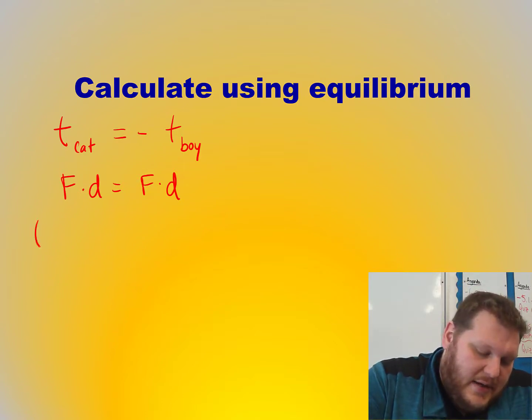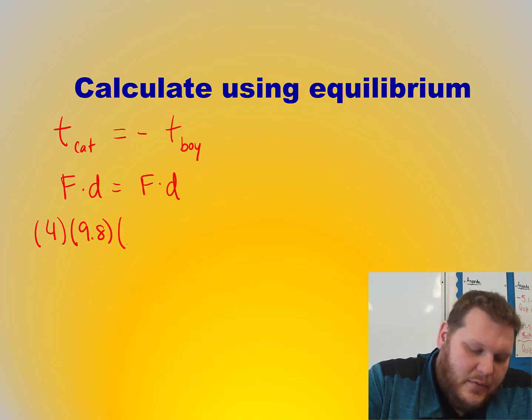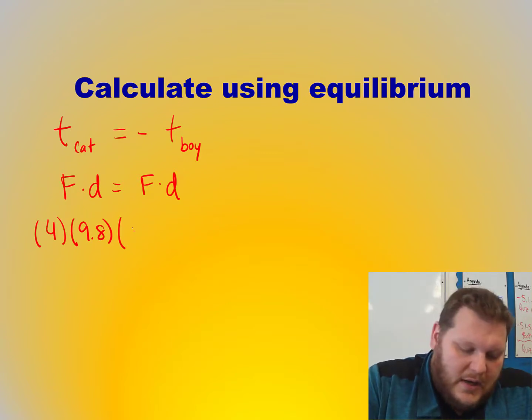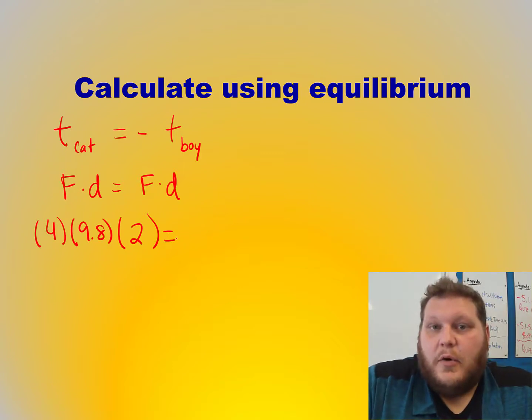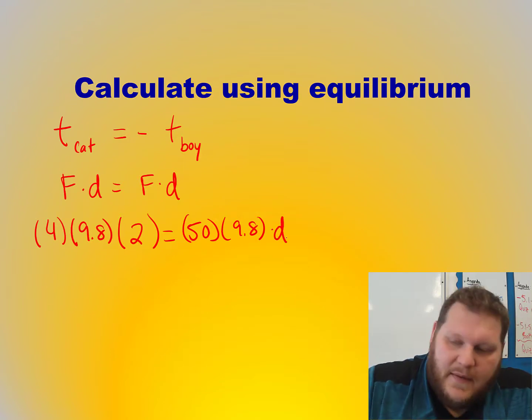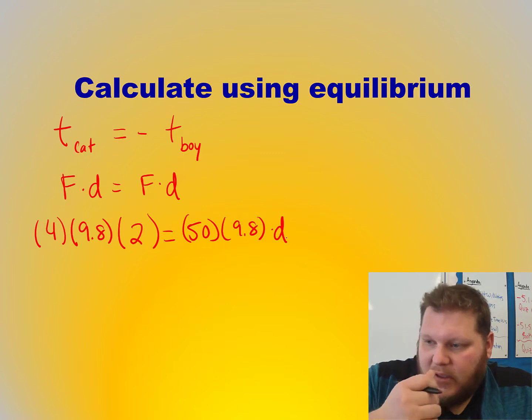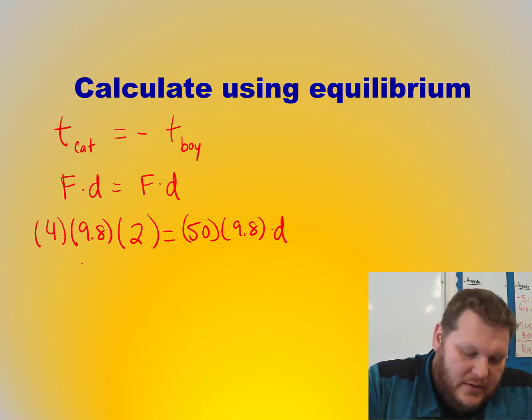So the cat has a mass of 4 kilograms times 9.8 meters per second squared for acceleration due to gravity, and it is sitting a distance of 2 meters away from the fulcrum. The boy has a mass of 50, so a whole lot more massive, times 9.8 times, we're trying to figure out that distance away. So if we go through and do those calculations, we end up with 78.4